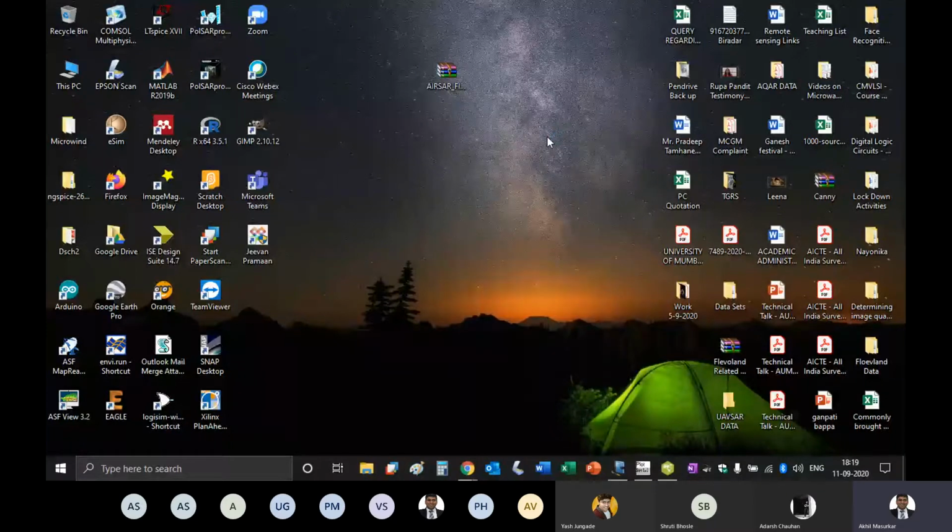Always extract to a folder. So you'll get that folder here, and then you can delete the first data. What we have here is the AirSAR Flevoland data.